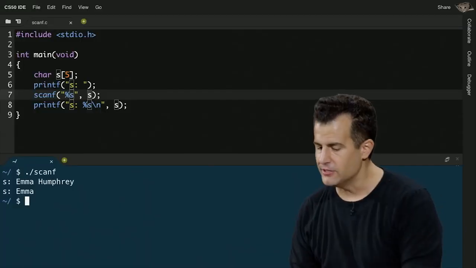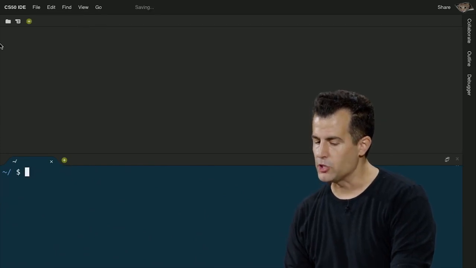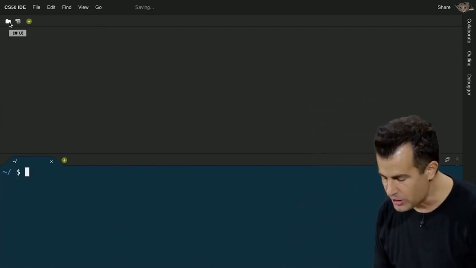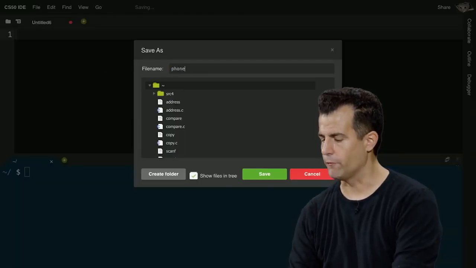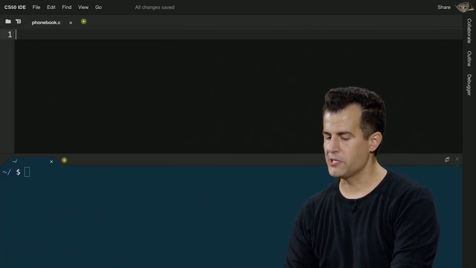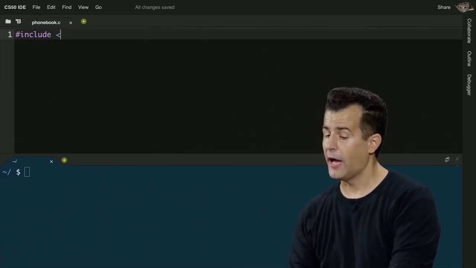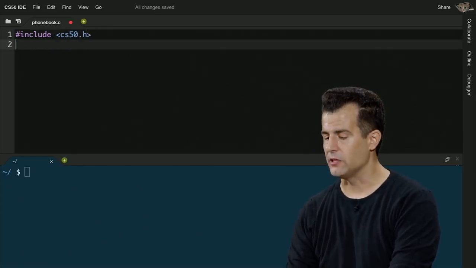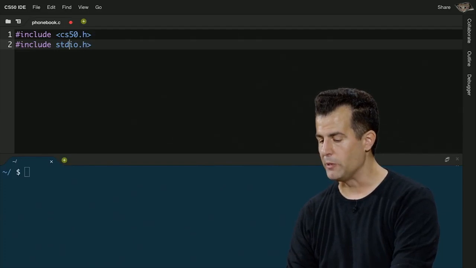Let me do one final example now, because there's one sort of power we now get: the ability to talk in terms of memory addresses. I'm going to make a program here, reminiscent of last week, called phonebook.c, whose purpose in life is going to be to store some information in a file for the very first time. I'm going to use the CS50 library just to put the training wheels back on briefly so I can get input from the human easily.